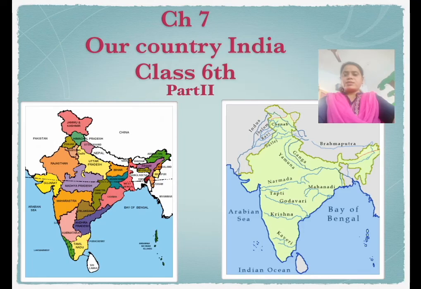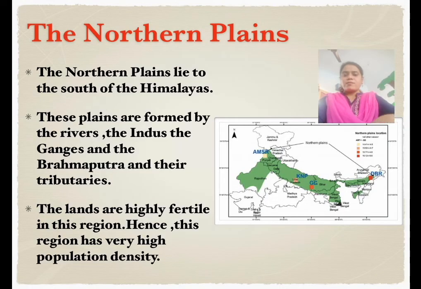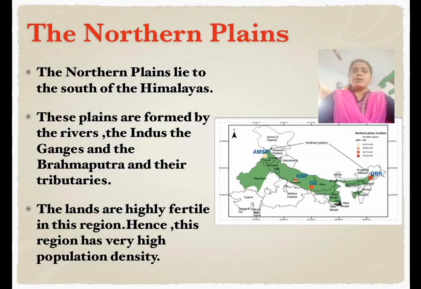So let's continue this chapter, Our Country India, with the topic Northern Plains. The Northern Plains extend from Jammu and Kashmir in the west to Assam in the east, covering a length of about 2400 km. They lie to the south of the Himalayas and are also popularly known as the Indo-Gangetic Plains. They are vast stretches of land made fertile by the alluvial deposits brought by the rivers Ganga, Brahmaputra, and